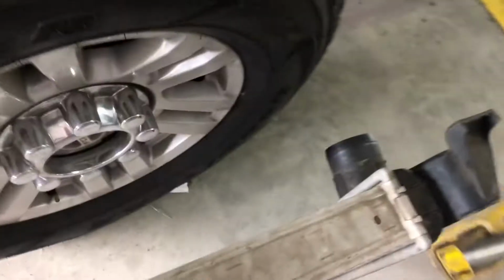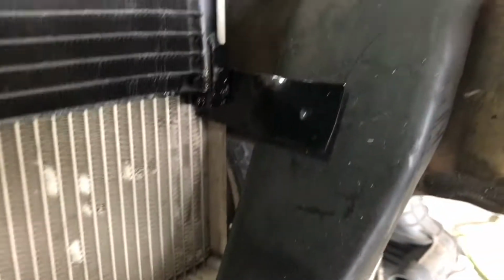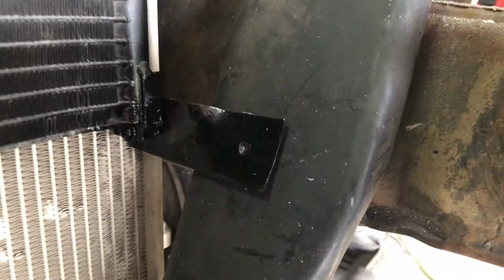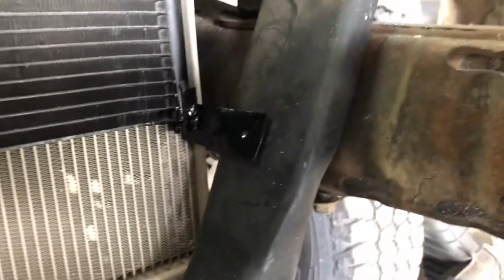Now, let me take this out. I don't think it's too heavy. There we go. So now here's the intercooler. And right now I've got this piece of wood up here because I wanted to fit it before I drilled holes, but what I did was I built little brackets, and I painted them, you can't see them, but I've got some screws going through with the back, with one of those locking nuts. And so I'll just drill